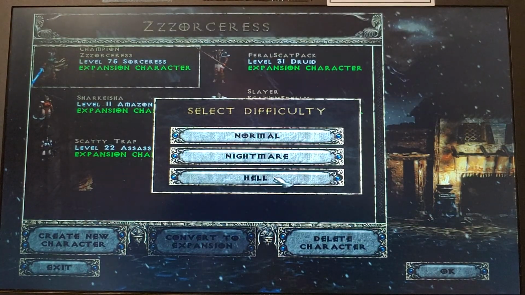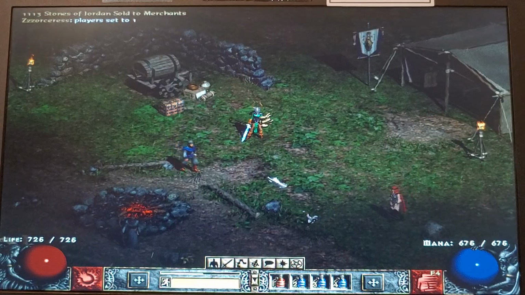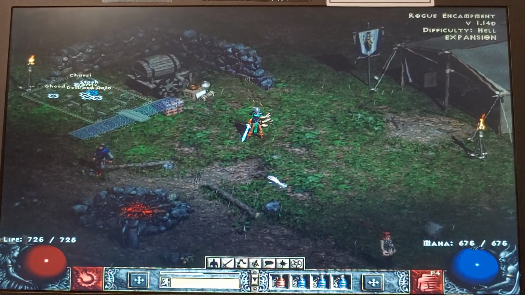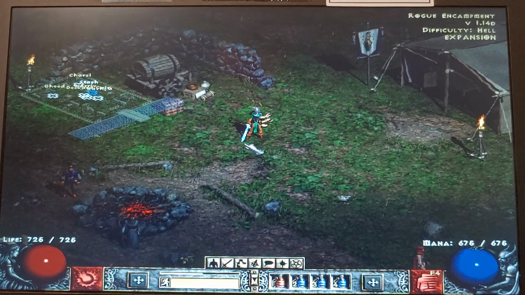I currently have her at Hell Ancients, and I'm just struggling to beat them. I know some strategies, and you really have to take like 50 potions and drop them on the floor in there, because you're going to go through so much mana. I just haven't had the patience to do it. But with Plugy Mod,